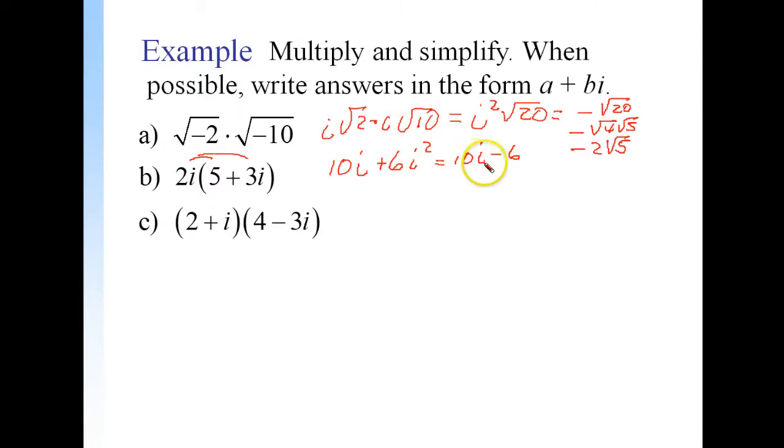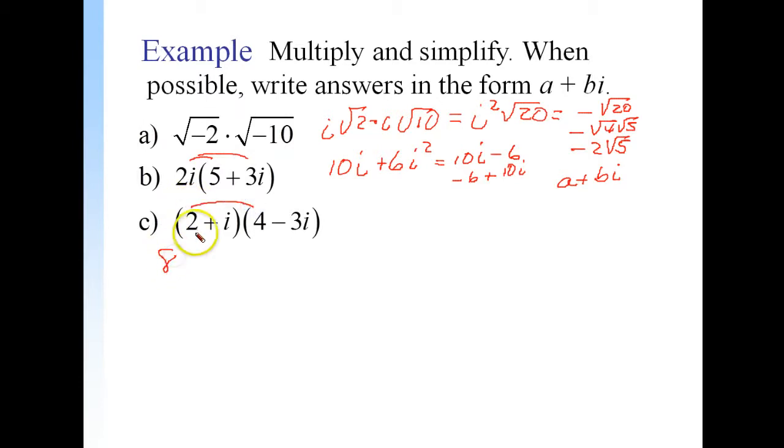Now you might think that's a good answer. It is good, but it's not in standard form. Remember, standard form was a plus bi. So we have to switch that around and call that -6 plus 10i. There we go. And here we're going to FOIL